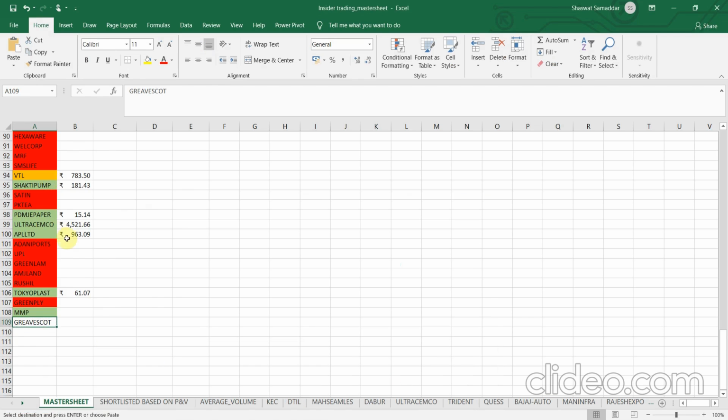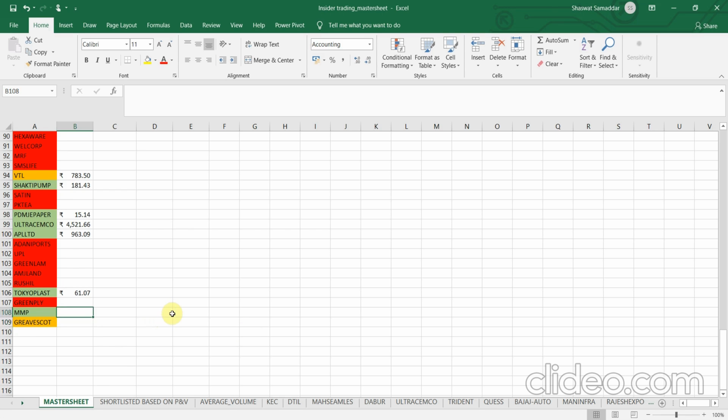I color code them as red, green, and yellow in our master column. Red represents that it fails to pass any one of the crucial criteria, and yellow represents that it passed all the three crucial criteria, but it failed to pass the optional criteria, that is the earnings per share. And the green suggests that it has passed all the four criteria, namely shareholding pattern, SAST regulation, promoter encumbrance, and the earnings per share. Okay, now let's do the further analysis of the MMP.